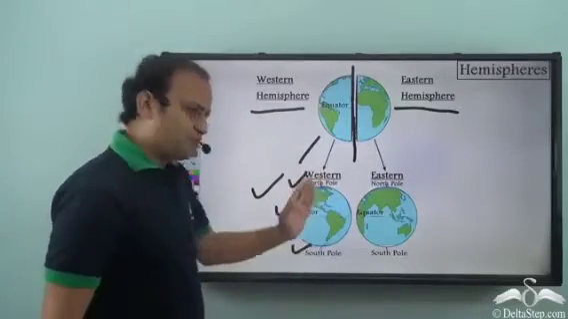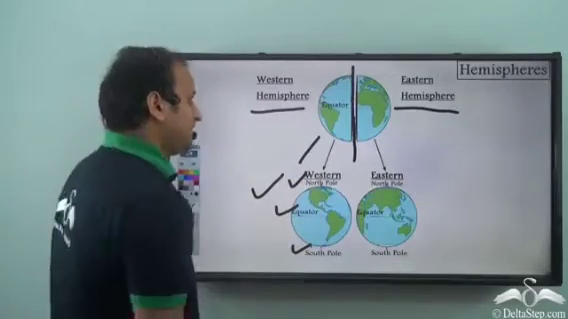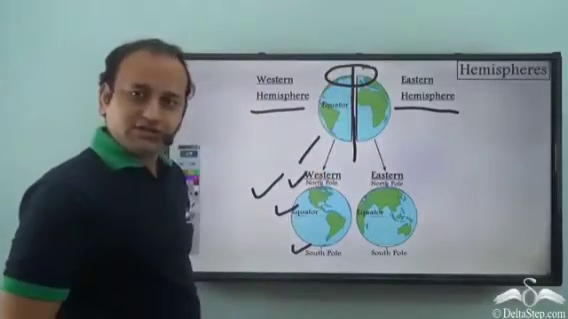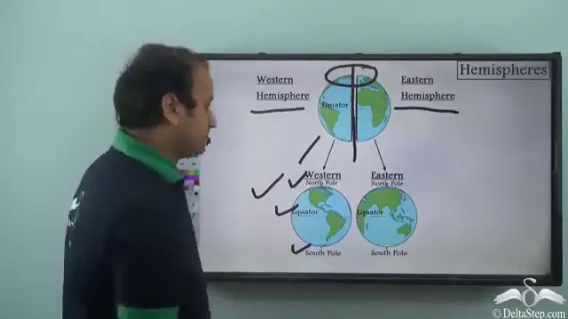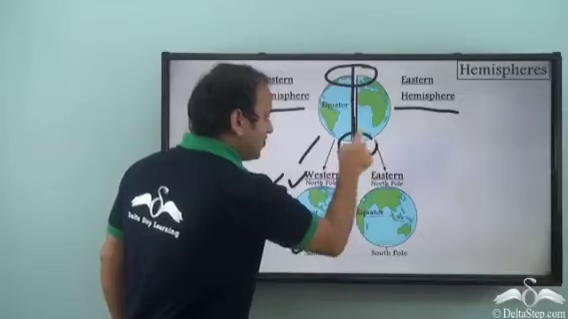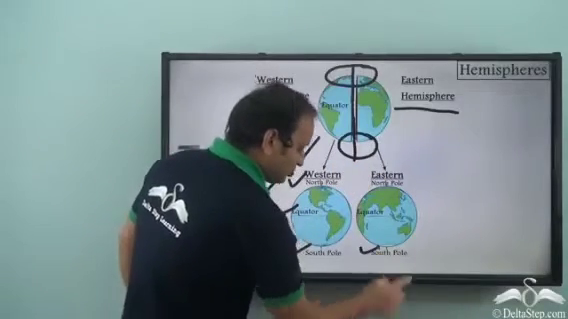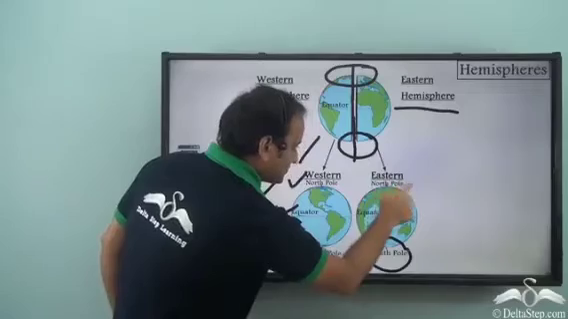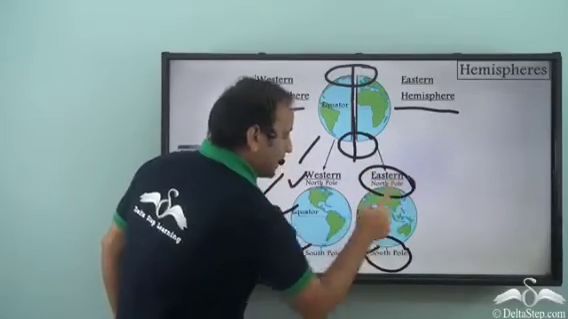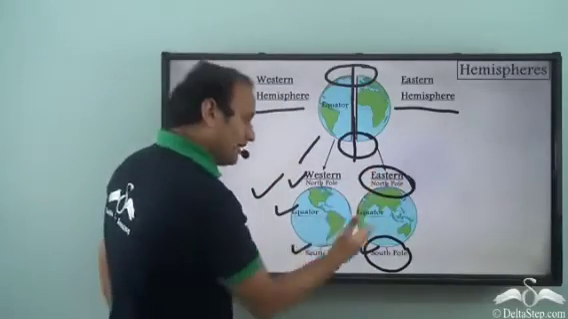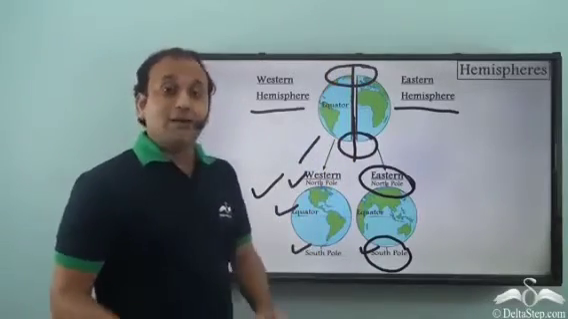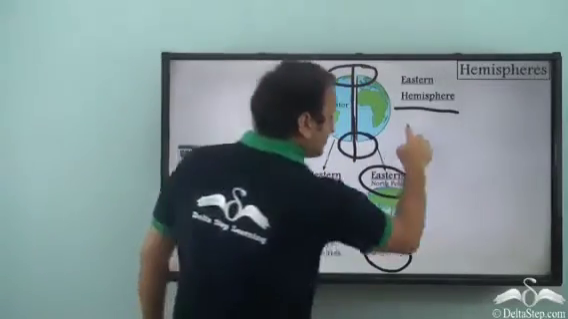So what are these North Pole and South Pole? Well, the northernmost point of our planet Earth is the North Pole and the southernmost point is the South Pole. So these portions of Earth are called the poles, the North Pole and South Pole. And the division which was made by the prime meridian